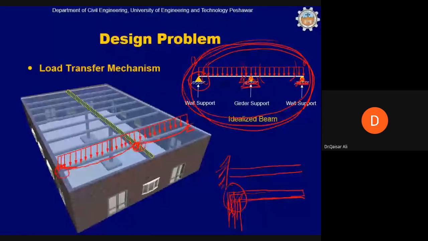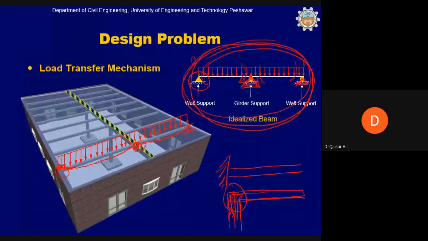Okay, if the support is idealized as hinge, the hinge will be firmly connected to the beam point, and the slight horizontal movement of the beam above the girder at the intermediate support will be restricted, so it will not represent the actual behavior of the structure. Although from the structural point of view, from the analysis point of view, there will be no difference. Now coming to the last support. The last support is treated as roller support because